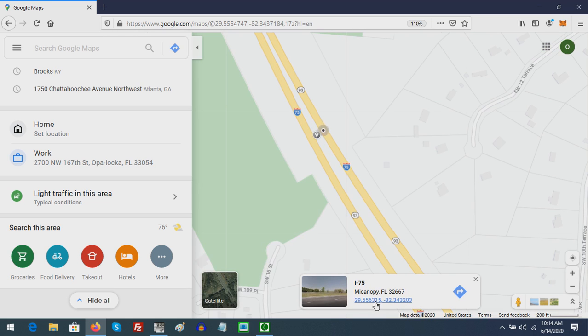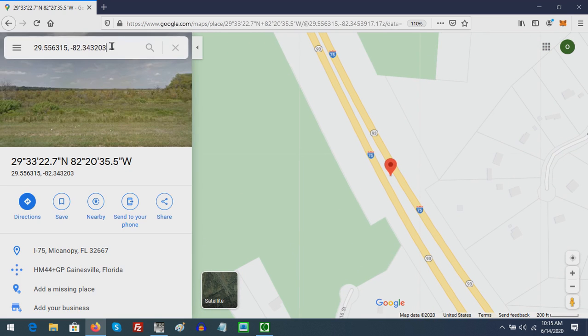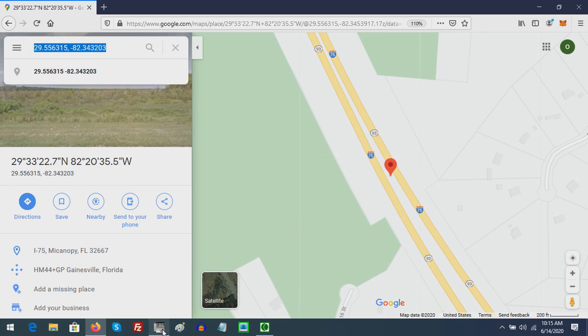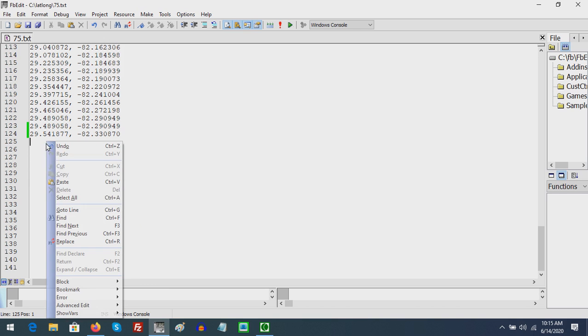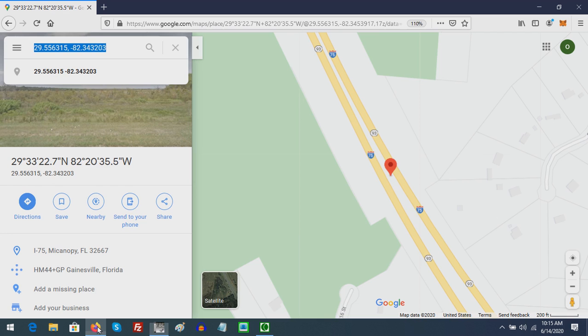Then I'll come down here and grab the latitude and longitude. I'll copy it, paste it in a text file, save it, and then go back to Google Maps,